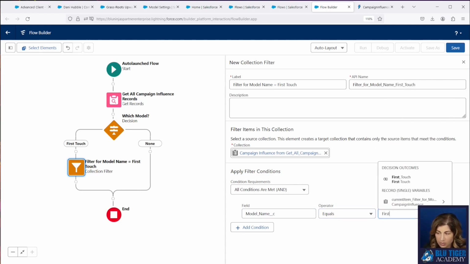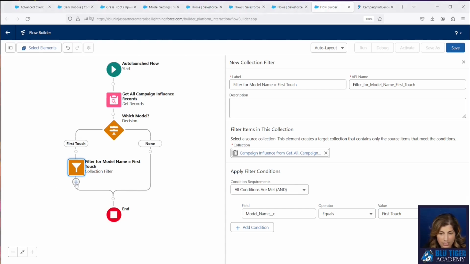Now the reason why we're doing this is because we only want to do one get records up here. We want to make this flow really efficient because we know that a lot of orgs have a lot of campaign members and they could possibly have a lot of opportunities. So to keep the processing down, we'll do one get, and then we'll do a filter for each model type when we add the other models to this flow.